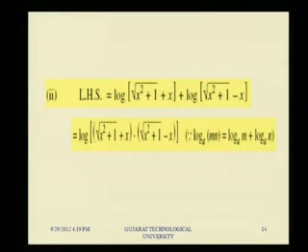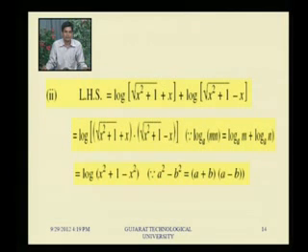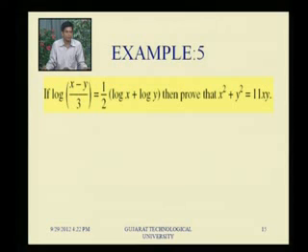Question is log of root x square plus 1 plus x plus log of root x square plus 1 minus x, using the multiplication property of logarithm that goes to addition. So according to that property we have written the first step, that is a plus b into a minus b, that is a square minus b square, the x square term will be cancelled out and we will get log 1. Answer is 0. Let us see the next example. Here we want to prove this equation, we want to solve this example. Question is if log x minus